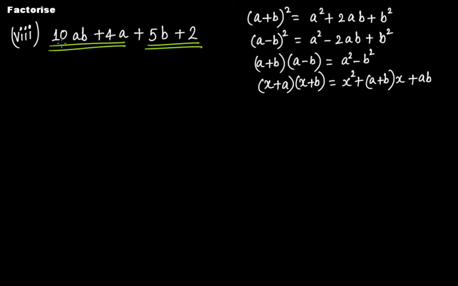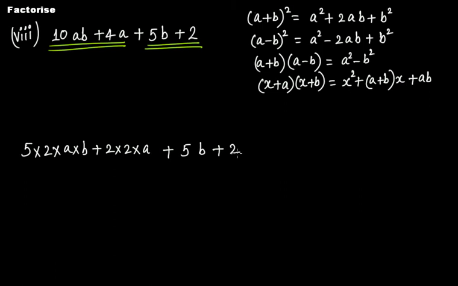So this 10ab can be written as 5 times 2 times a multiplied by b plus 2 multiplied by 2 multiplied by a, and then copy this here, then this plus